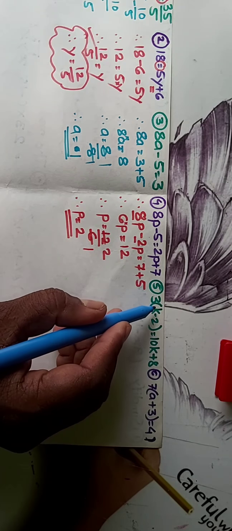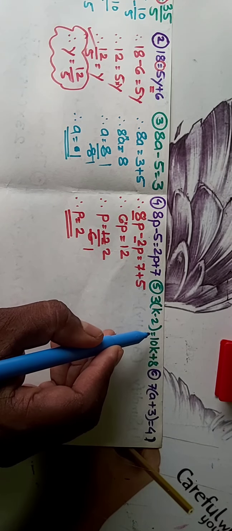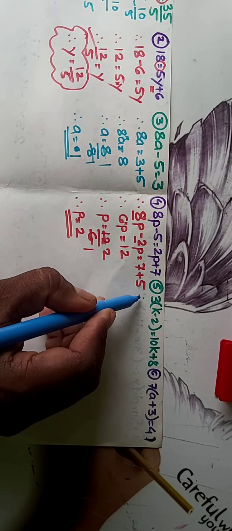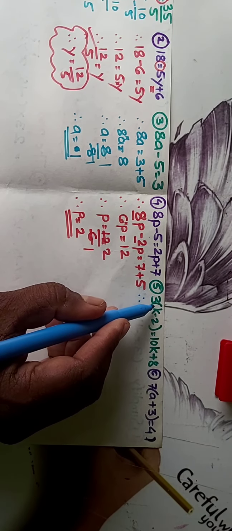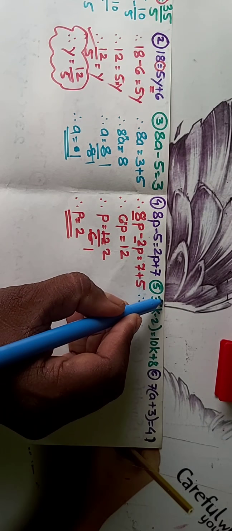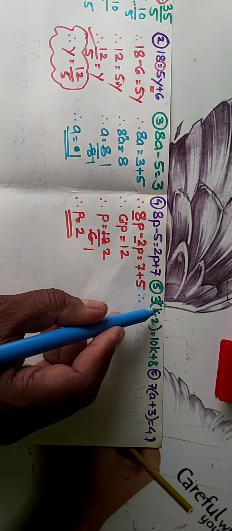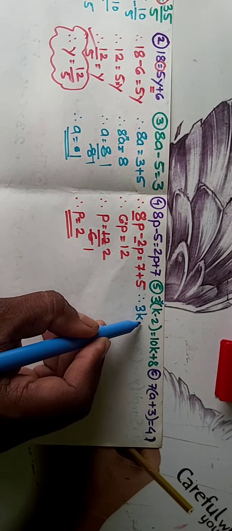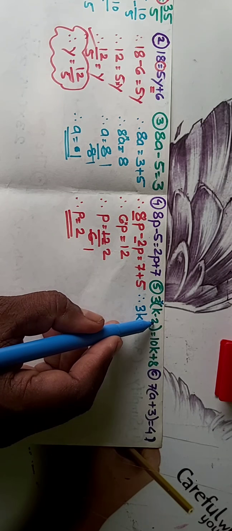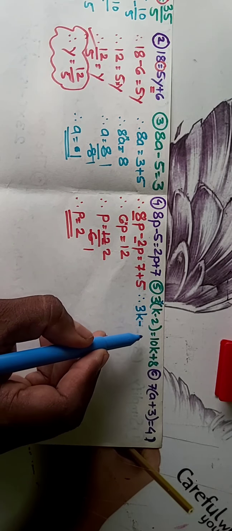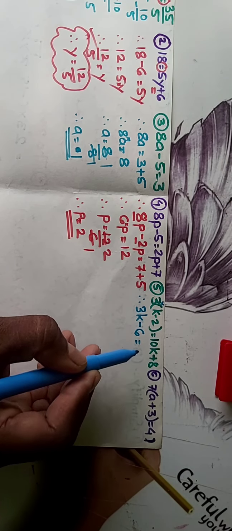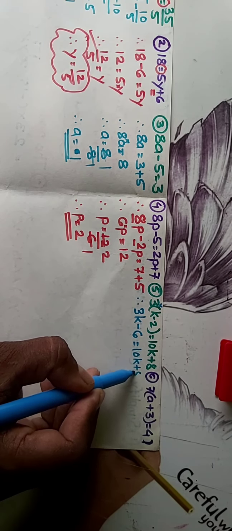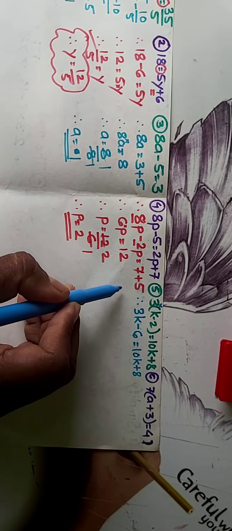Okay, now the next one students, that is 3 multiplied by k into bracket k minus 2 is equal to 10k plus 8. Now here students, 3 and bracket, so always here a multiplication sign. So 3 multiplied by k is equal to 3k, and 3 multiplied by minus 2, so 3 2s are 6, so that becomes minus 6 is equal to 10k, as it is we have to write plus 8. This is the first step. Now in the second step,